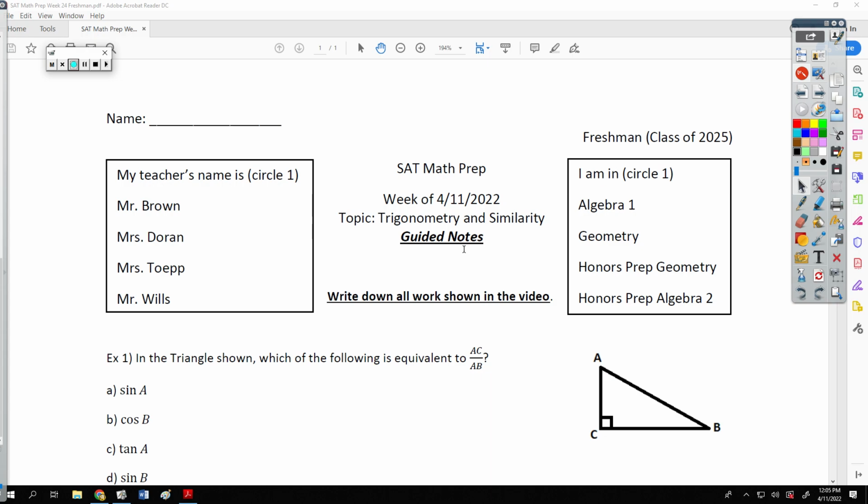This week's topic is trigonometry and similarity. I say trigonometry and similarity because basically what we're looking at here are right triangle problems. Now, this could involve several different things: trigonometry, similar triangles, and Pythagorean theorem, which is why we've waited until this point in the year to cover this type of problem, because in your geometry classes you have now covered all three of those topics. So again, these are problems that are generally considered to be medium to hard,